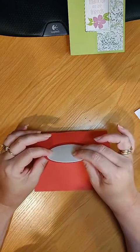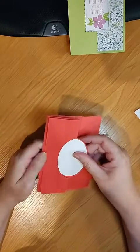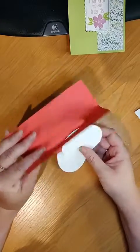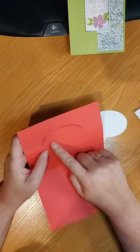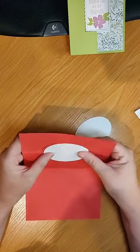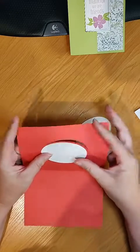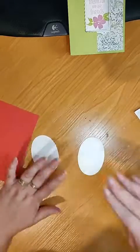If you are doing a shape that is a little bit different, like this, and you want to make sure it's in the center, then you can fold and score all the way along. If you put 1 on each side, this will keep it firm and it shouldn't fold back. So I'm going to